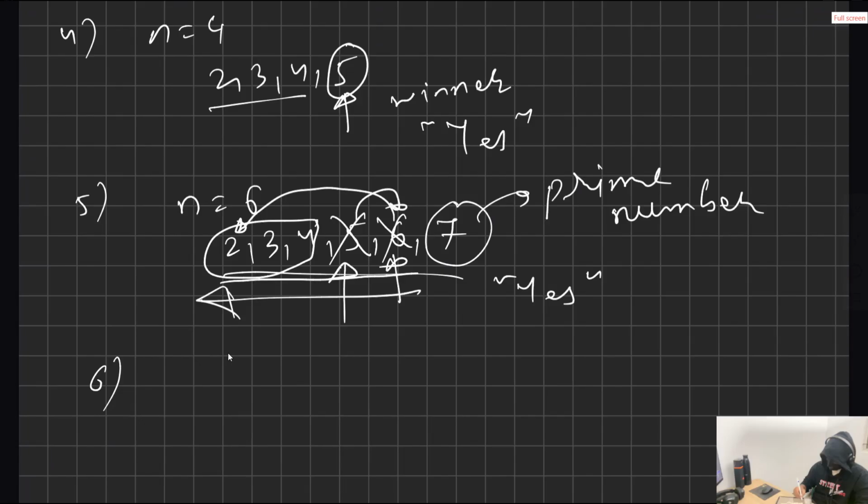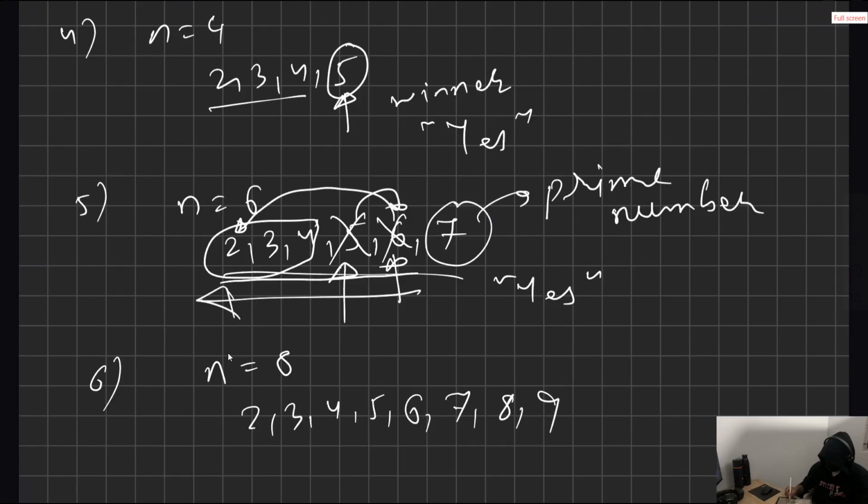And the other example we can take is when n is 8. Okay, so this even number of cards, let's say you take 4, 6 and 8 and whatever we have,